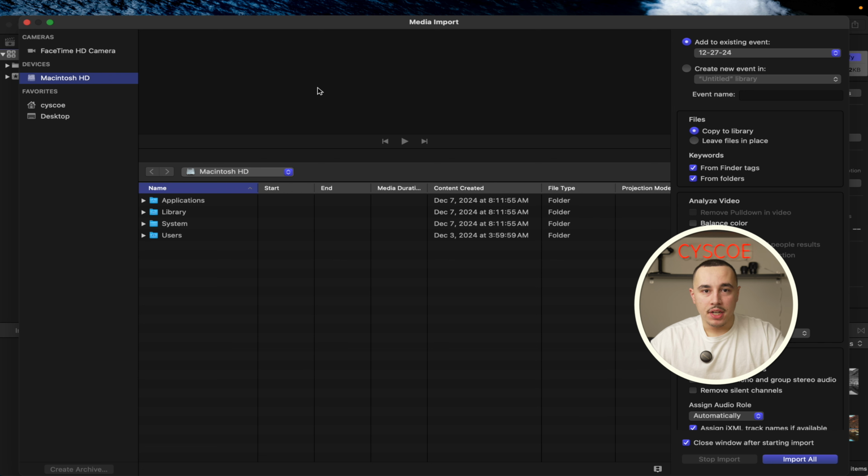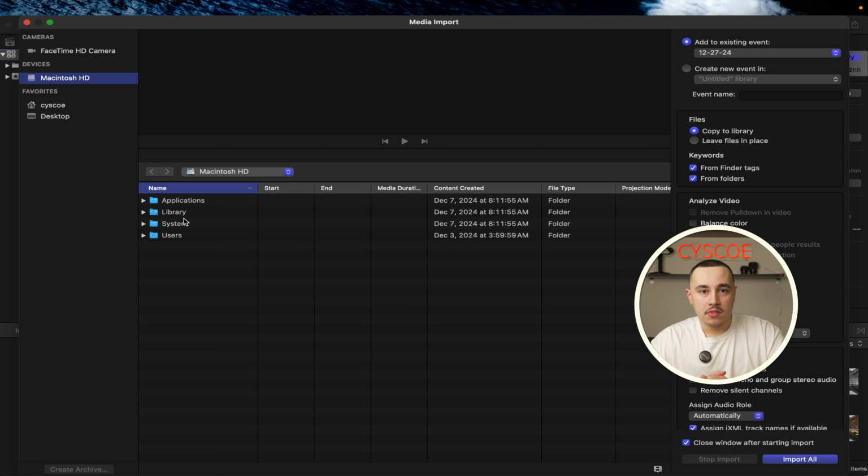Once you have your import media window open, you can then go to your left-hand side and you can see your connected devices. Now here's where you're going to choose whether or not you had your media on your internal, external hard drive, or an SD card. Once you've selected the device that your media is on, and you will know you have it selected by it being highlighted in purple on the left-hand side, you can then go to the bottom here, which is going to show your folder path and folder structure of the device that you have currently selected. Now you can navigate to the folder in which you have your media inside of